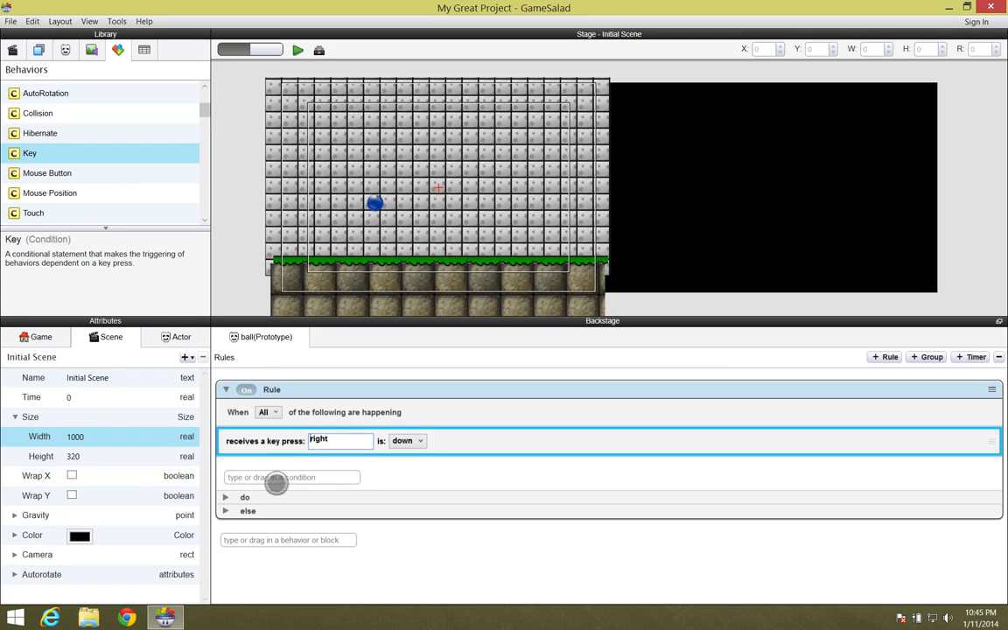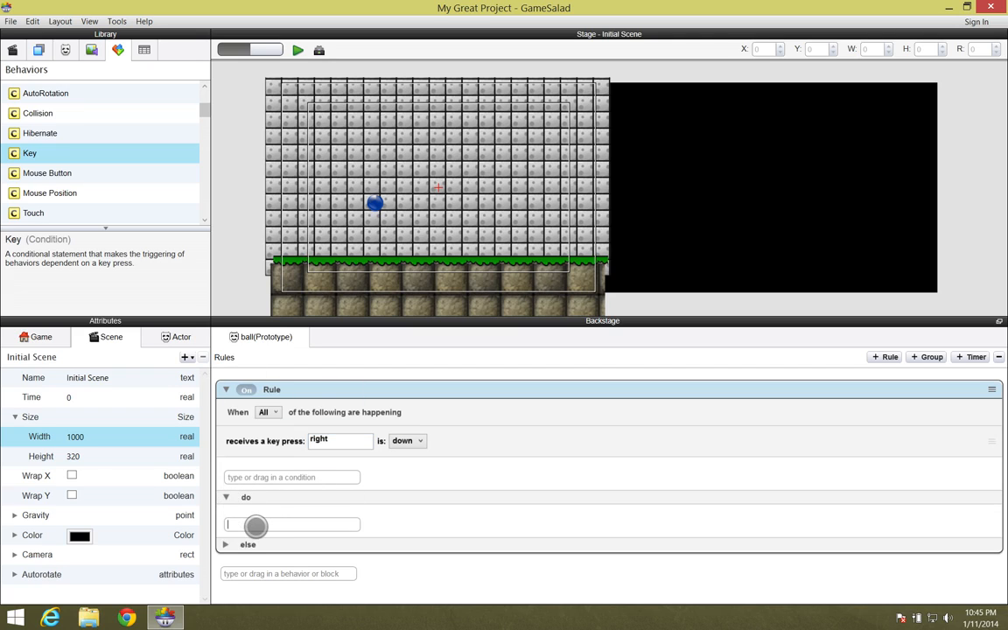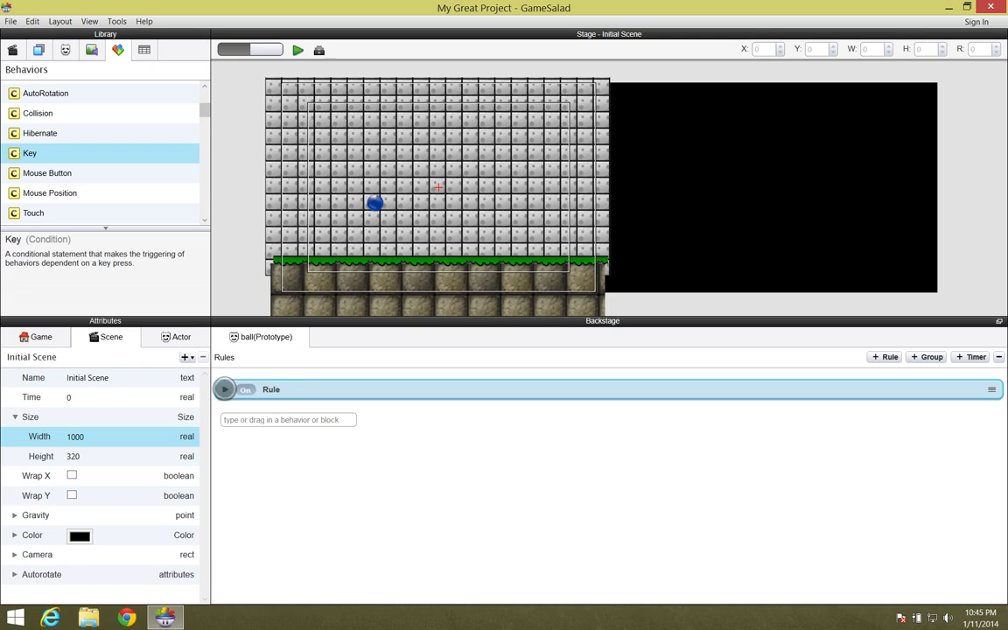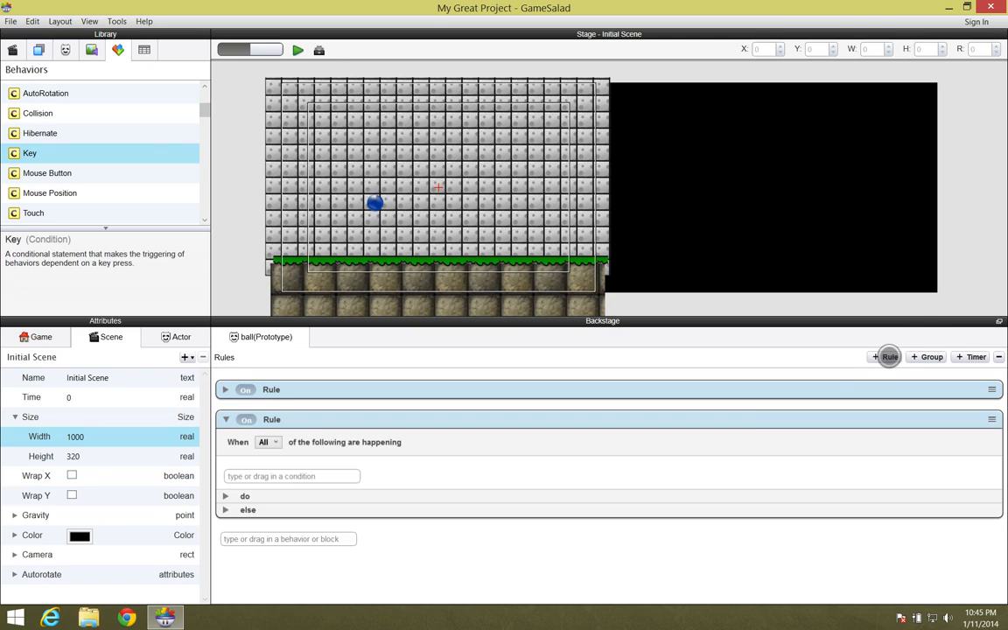So the right key, and again I showed you how to do all of this in earlier videos. So if you're a little lost, just back up to a few of the basic videos. So the right key will go ahead and move the ball to the right. Pretty easy stuff. I'm going to create a new rule that says